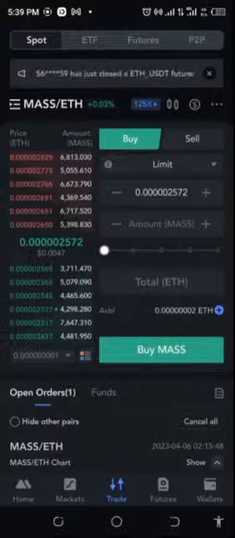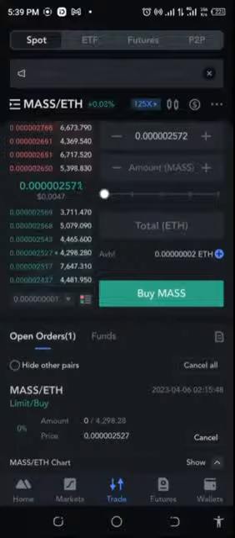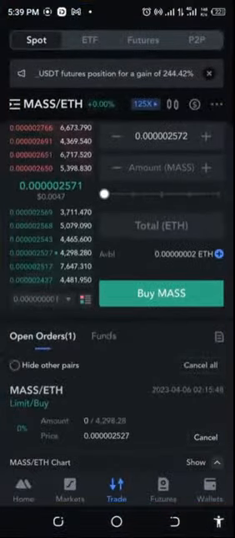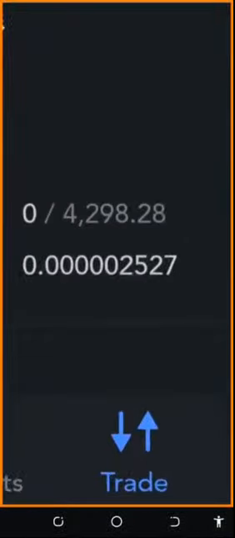So I'm going to have to sell back this ETH to USDT. That's what I'm going to do. So I'm going to have to cancel this, because if I go ahead and try to sell it, look at the time, look at the price right now. This was the price where we fixed it to buy our MASS. As you can see, we fixed the price for us to buy it at